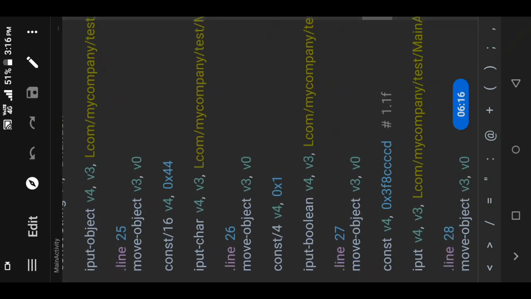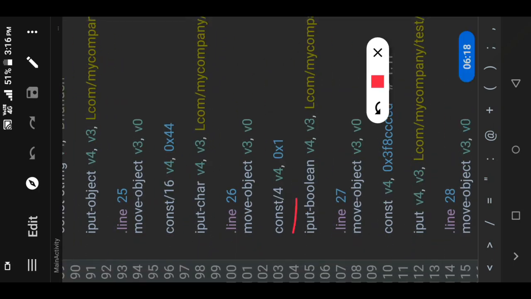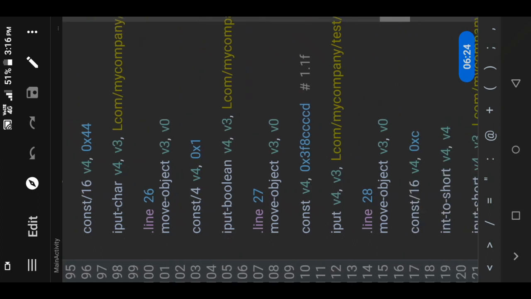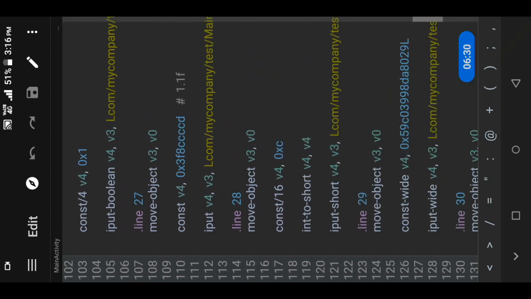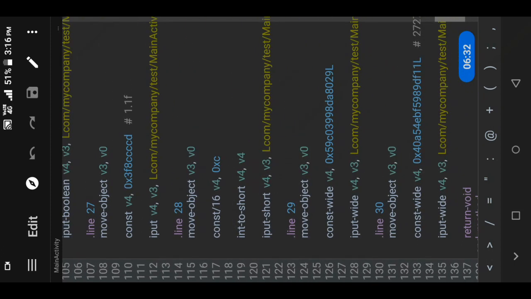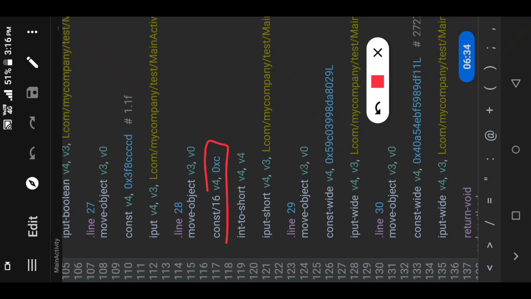For boolean type you should use const slash 4, that is 4 bit. For float we just use const. You need to analyze which one is used for which value. For short we also need const 16, that is 16 bit.